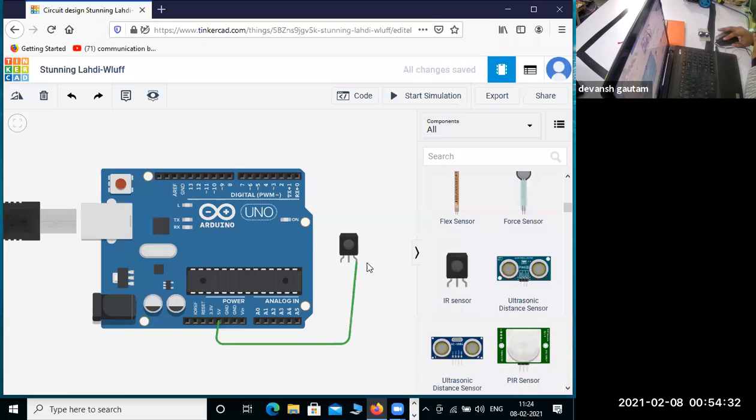In reality it doesn't look like this. We have two sensors: one is a light emitting sensor, one is a light sensing sensor. So you can see that this is one and this is another. You have seen this on your TV. This one is on a remote and this one is on your TV. So we require two sensors for the IR sensor. Let's try whether it works or not.